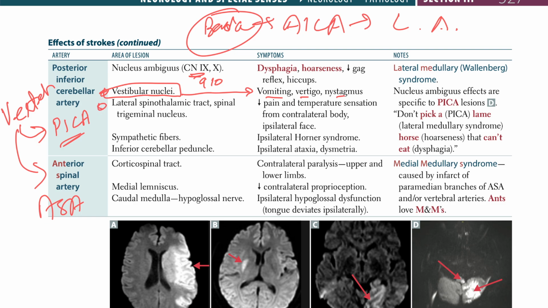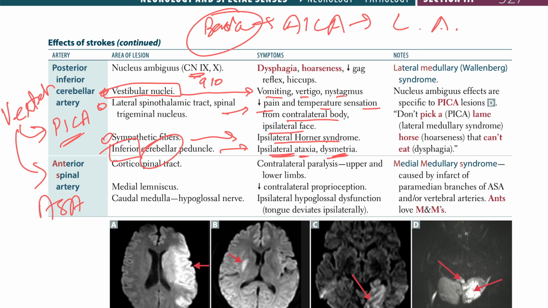With the lateral spinothalamic tract and spinal trigeminal nucleus, it's the same thing as previously. We said decreased pain and temperature sensation from the contralateral body and ipsilateral face. Sympathetic fiber, same thing, ipsilateral Horner syndrome. Now here is just the inferior cerebellar peduncle, but the same thing because they're tackling the cerebellar disease, so ipsilateral